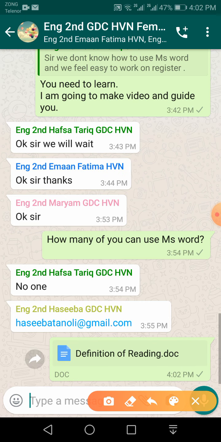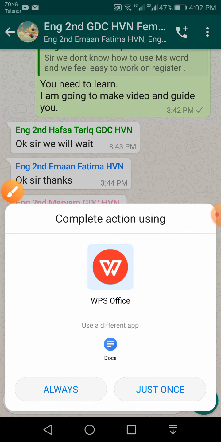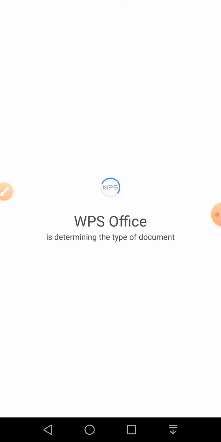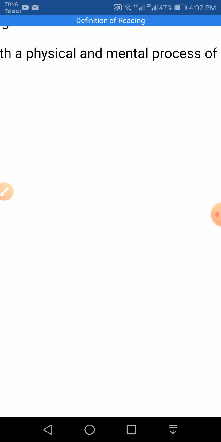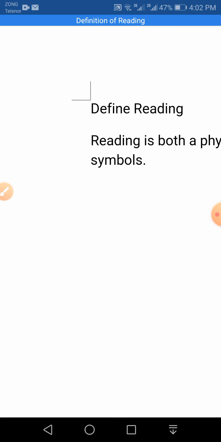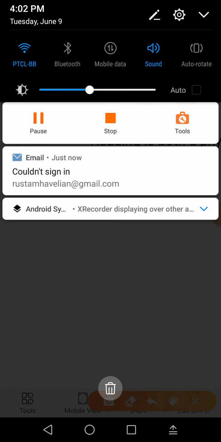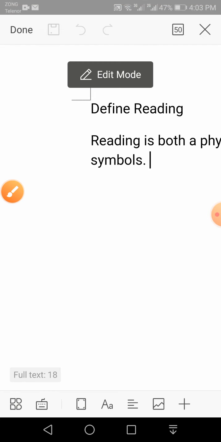Now this document, as you can see, is known as an MS Word file. It is easy for me to download. I'm going to click and open it. Now I can give you feedback. I can save it on my computer. And if I want to correct it, I can easily edit it. As you can see, here is an edit button in front of me, so I can edit it.